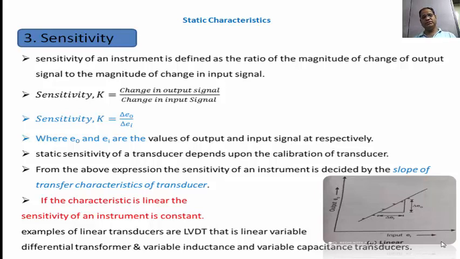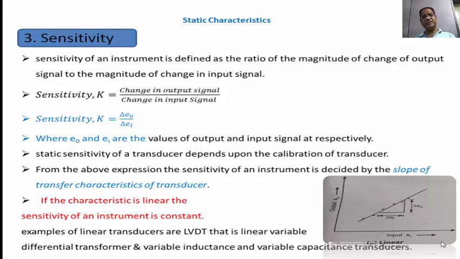If you are having very little change, you can say that the instrument is less sensitive. If the change is large, we can say that the instrument is more sensitive. Means if you are given a very small input and still you are getting the output, then you are having more sensitive equipment. Just like our skin,